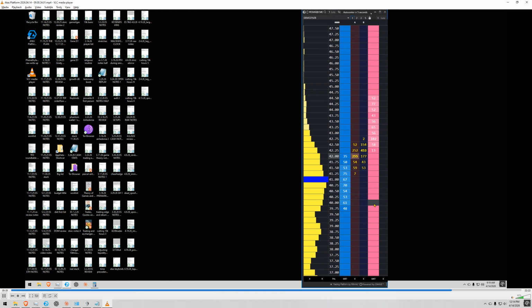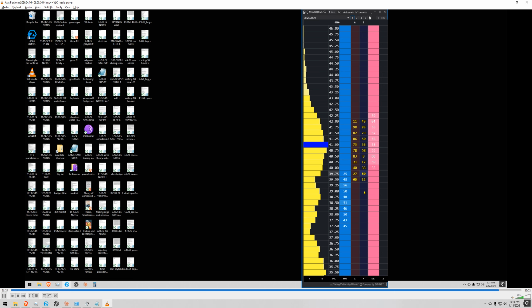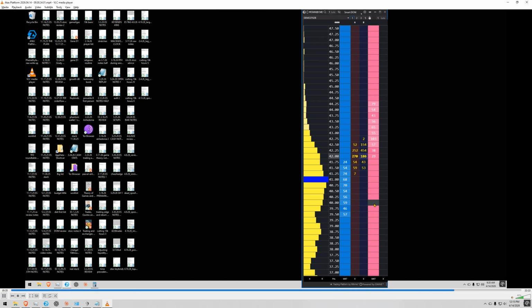Well, it moved the bid ask, so one was a break even and one was 12.50. Price rallied. So this trade first,